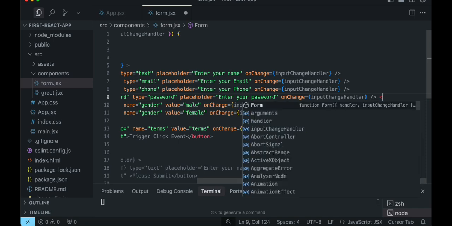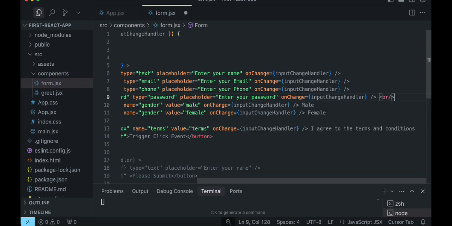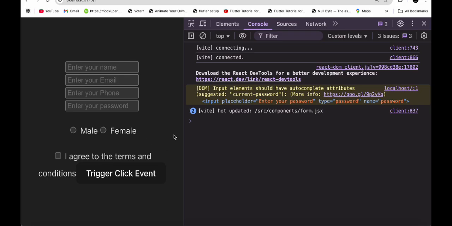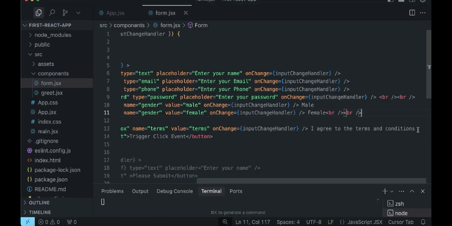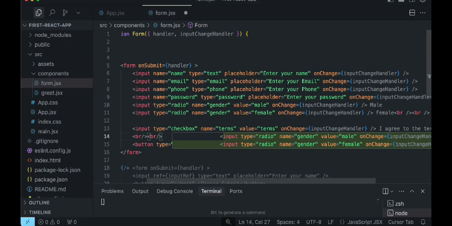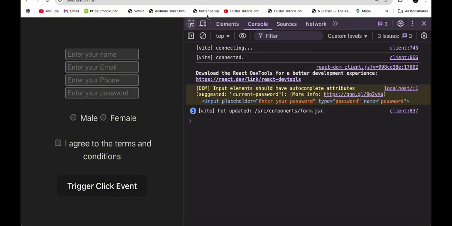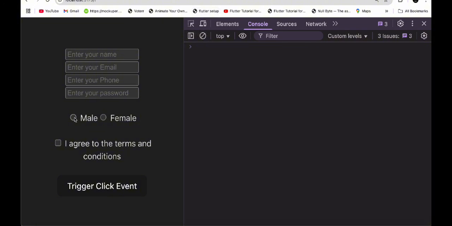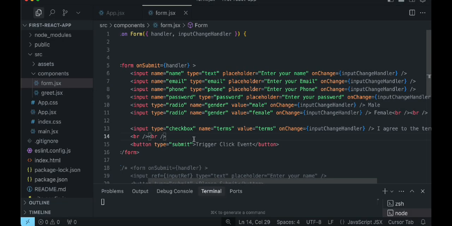I'm going to break the line here. I'm going to break it again, and I'm just going to copy this and paste it here. So this should look a little bit better, right? And I'm also going to paste it here. So this looks a little bit better. So we have the name. You can only select one for the radio buttons. We have the checkbox, and one more thing, we're going to create